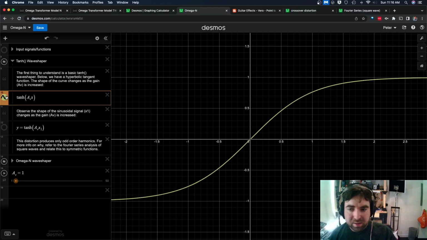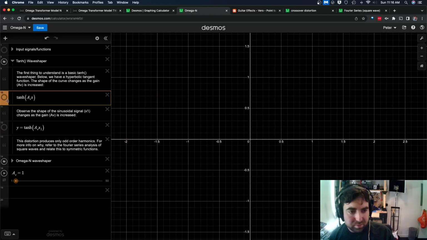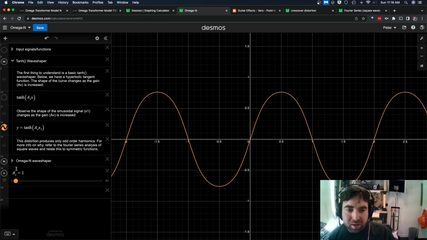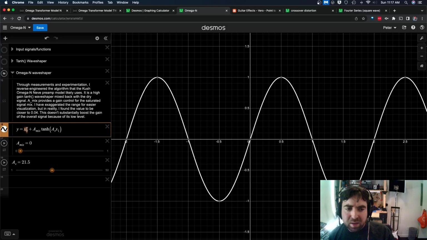Here's tanh, tanh with the sine, and again you can see it working on both functions. And now if we put together the dry signal, which is a sine wave, with the saturated, the squarified tanh signal,